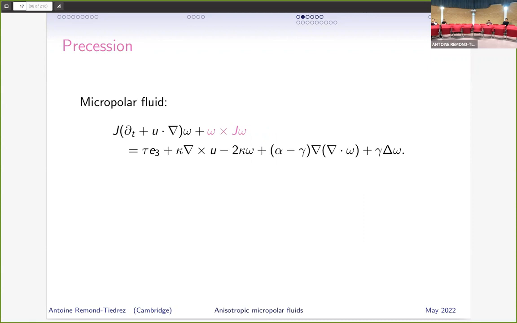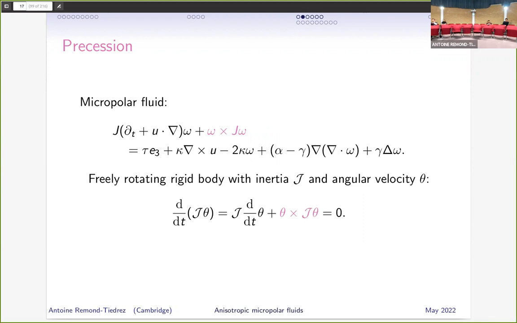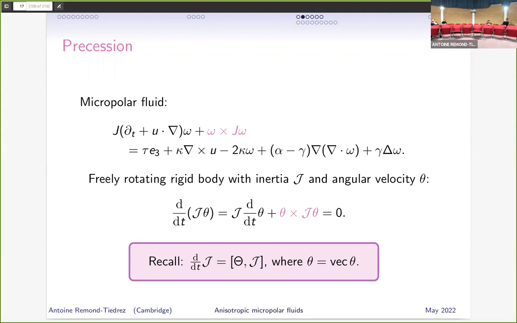Okay, there's a bit too much going on here to explain precession, so we're going to go to a simpler case. If I just have a freely rotating rigid body, angular momentum is conserved, so its derivative is equal to 0. And then because the moment of inertia also satisfies an appropriate equation, you can expand things out and you get this theta cross J theta term. So this is precession. This means what? Remember, you get this because the moment of inertia behaves in this way, you plug it in, that's what comes up. This means what? This means that the freely rotating rigid body can have constant angular momentum, but non-constant angular